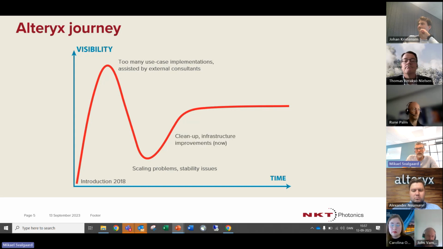And then Johan has been working very hard on many things, but one of the things he's been working on is to clean things up, review some of the use cases that we've been working on, review the workflows, taking them over, understanding what's going on, harmonizing things.